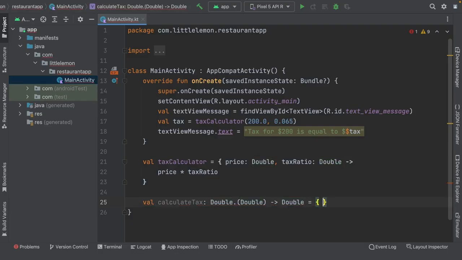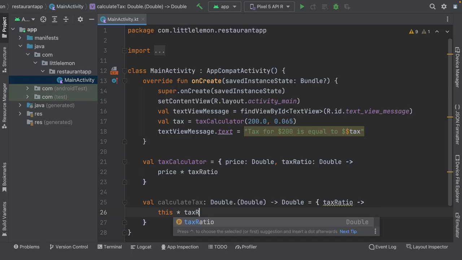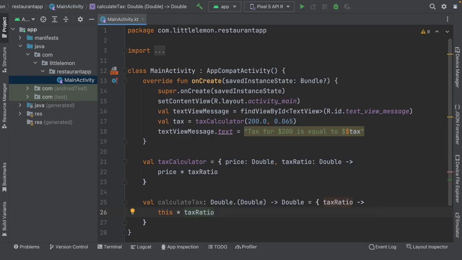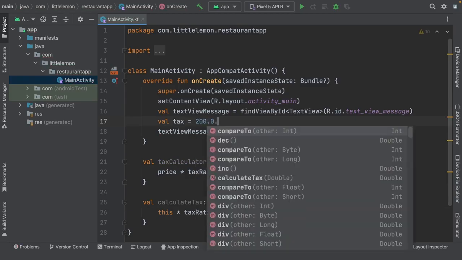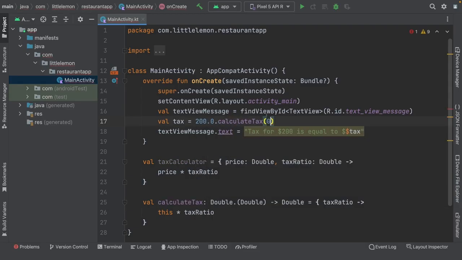For the calculation part, you can use the this keyword to refer to the double value that uses that method, which in this example is the price, then multiplied by the ratio. Inside the onCreate method, use the price value and call the tax calculator method and pass the ratio 6.5% to it. Now run the code, and the output is confirmation again that you get the same result with this extension